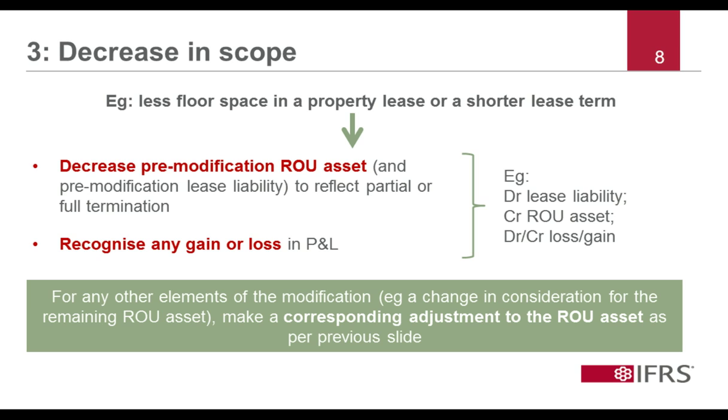So to summarise, when a modification decreases the scope of an existing lease, the lessee first recognises that decrease in scope by reducing the pre-modification right-of-use asset and lease liability and recognising any gain or loss in P&L. The lessee then recognises any other element of the lease modification, such as a change in consideration for the remaining